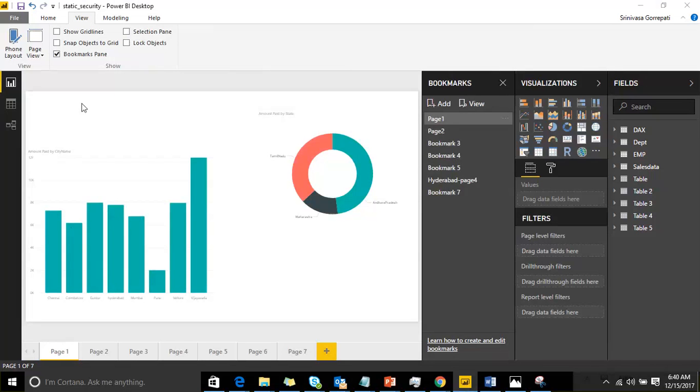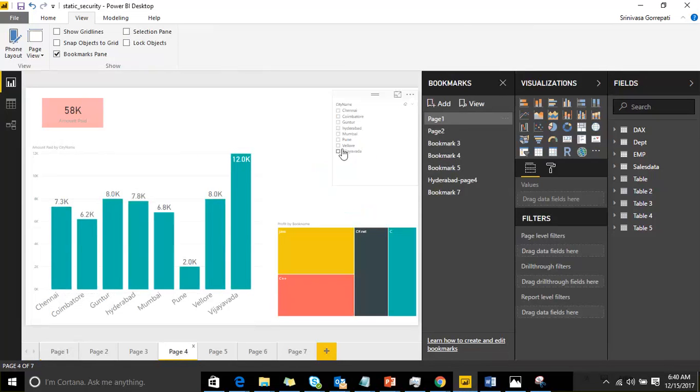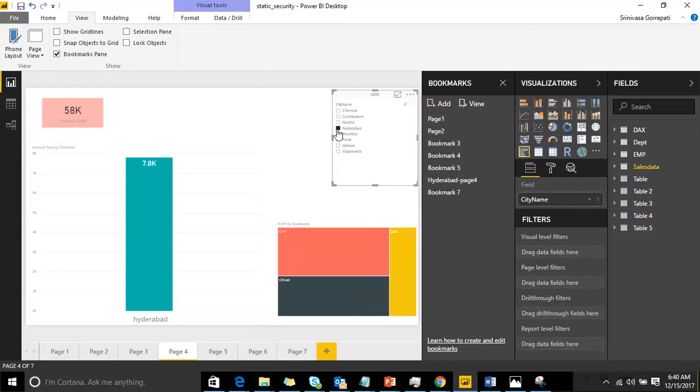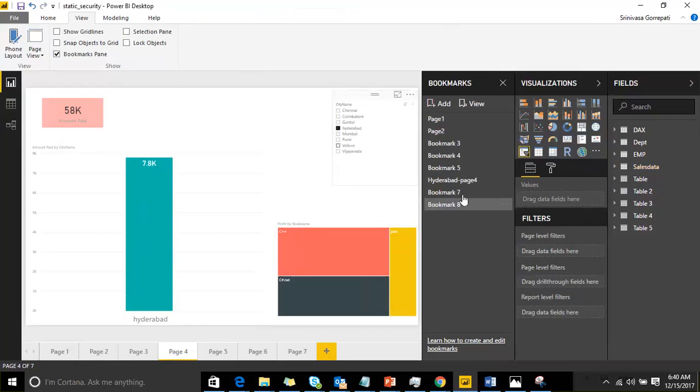Okay, fine. So you can add the pages whatever you want to your bookmark by clicking on add. As part of a December release, they added a feature called cross filtering with respect to bookmarks, which is nothing but you can filter it and add it as part of your bookmark. So the same page you can see in different views, the complete page, or based on your filtered views. Here you are able to see it because I filtered it.